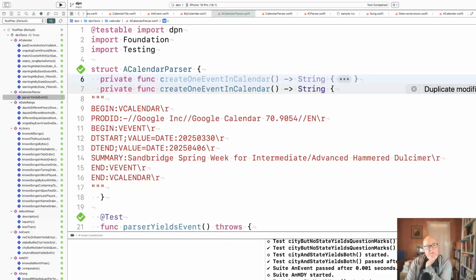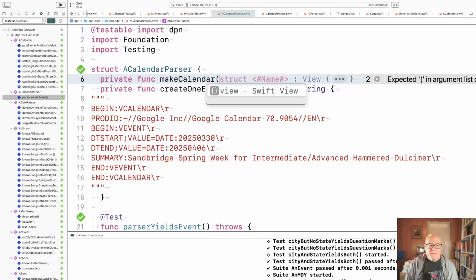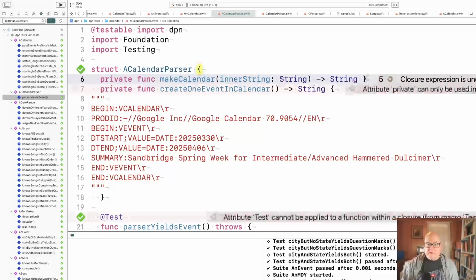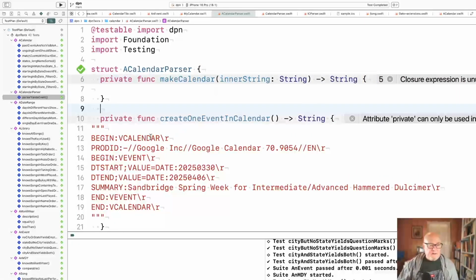Usually I use the word "make calendar", and the inner string is a string, yields a string. So I'm extracting a method for that. Okay, and so that's going to be the, well, let's take this and in here, this is going to be